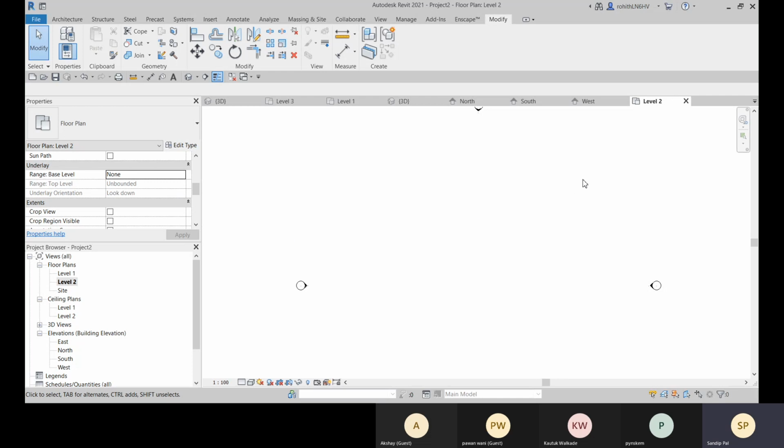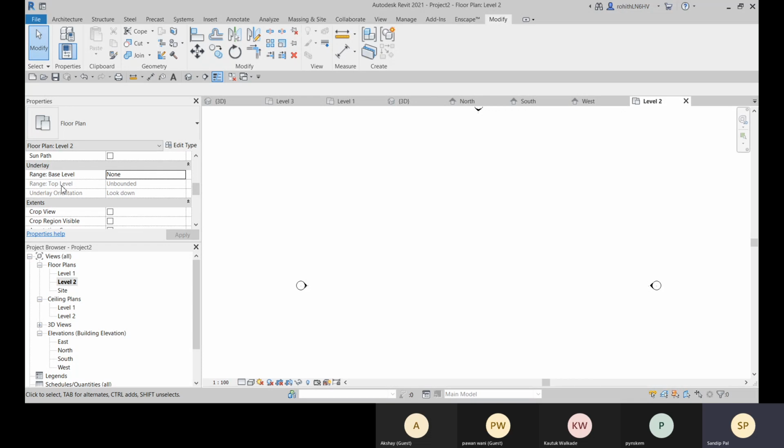And if it is below my level or above the level, I can apply it with this underlay, and that will be highlighted here. But because those elements are not included within this level 2, those will be highlighted in a dim color or faded gray color.